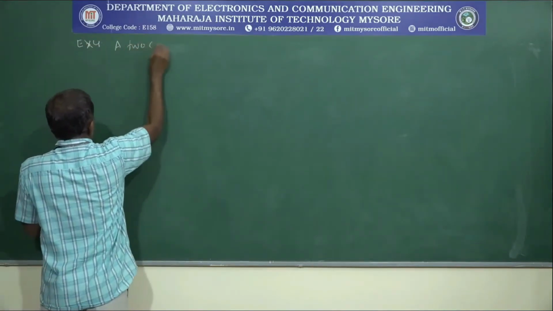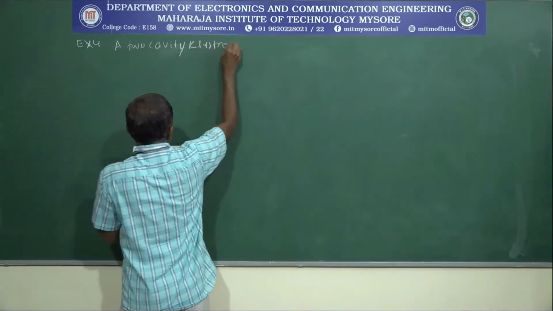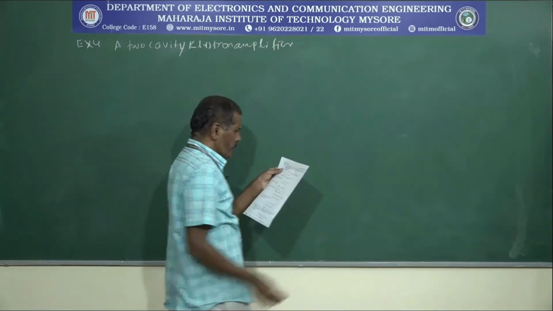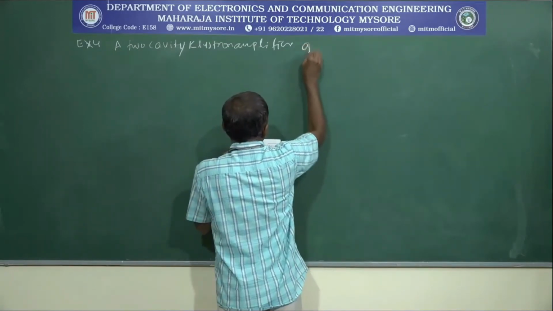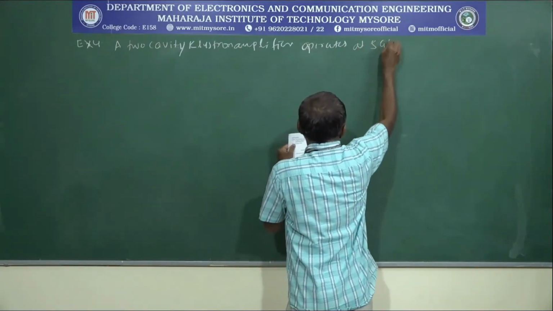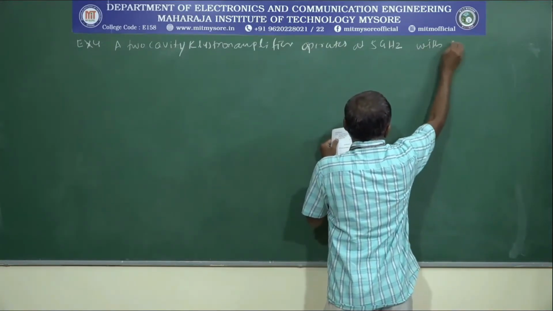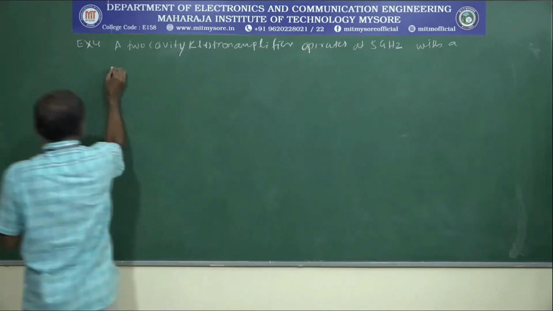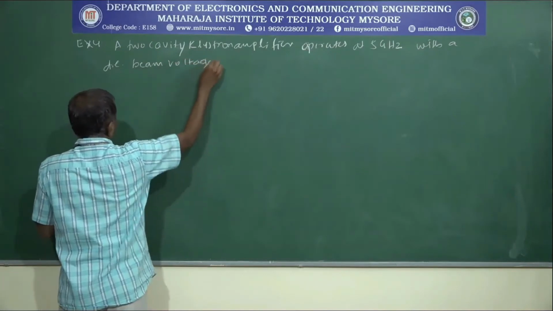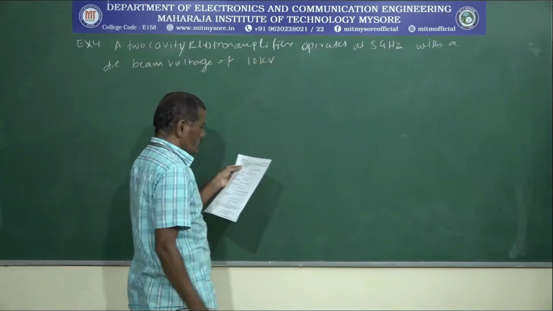A two cavity klystron amplifier operates at 5 gigahertz with a DC beam voltage of 10 kilovolts